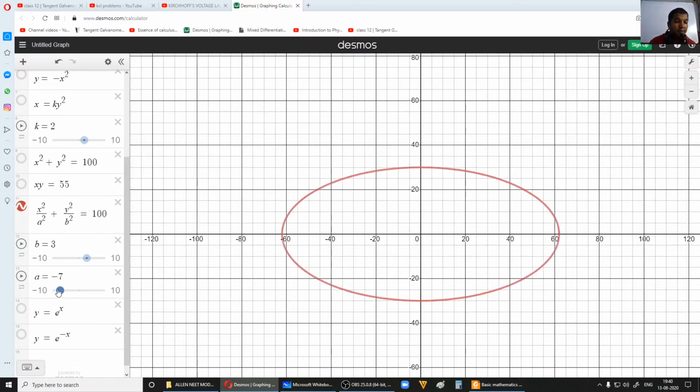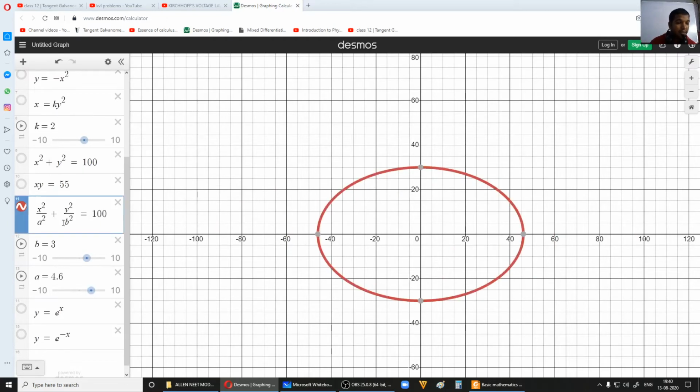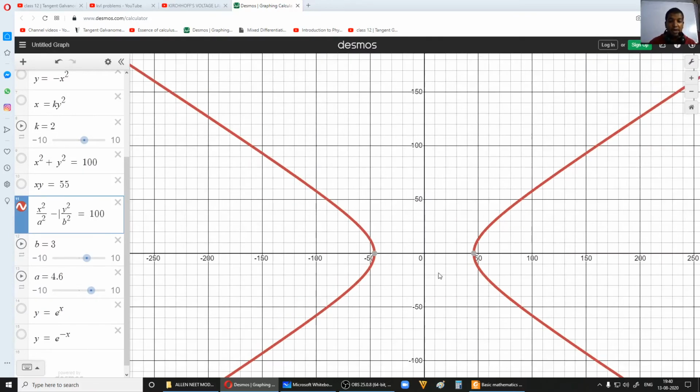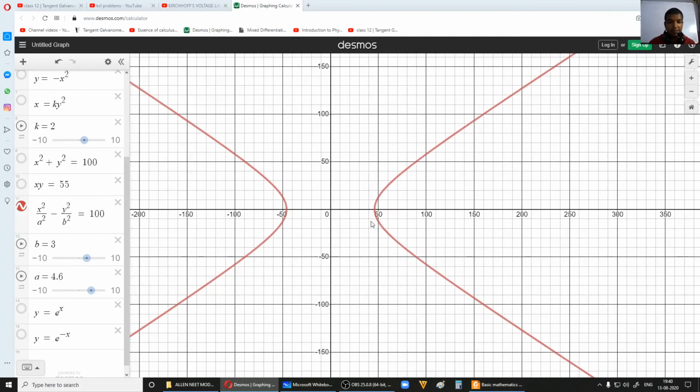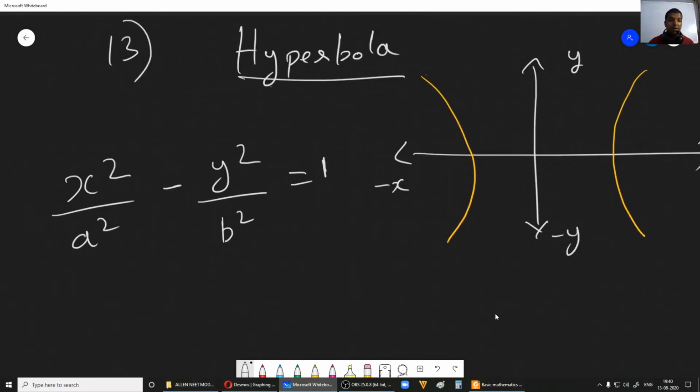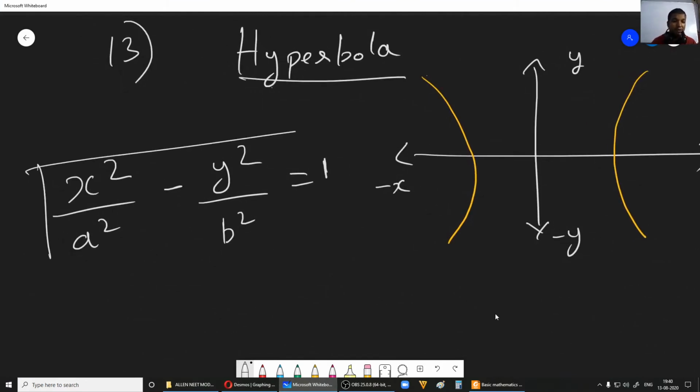Now even if I vary it, let me take minus of b square instead of plus. Now I'm typing minus, okay. So this is how your hyperbola looks. So this is the shape of a hyperbola. You have this curve on both sides. It feels like it is opening up on both sides of your x-axis, okay, fine. So this is how the hyperbola looks. Now this is the equation of a hyperbola, okay.